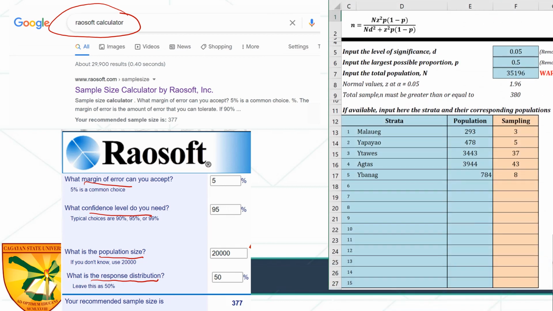For the paper that we proposed for the Department of Health, we used this Lynch formula for selecting how many samples we should take in each strata or in each indigenous group. So you will see that I use Excel here, and you just put also the level of significance, the largest proportion, the total population, and then it will automatically give me how many I should get from each strata or